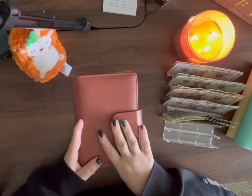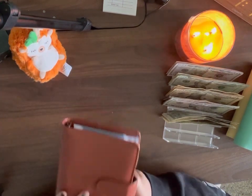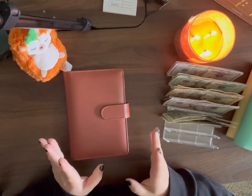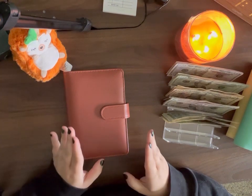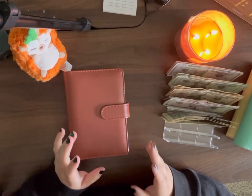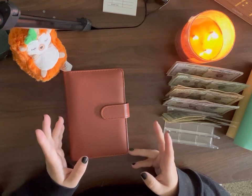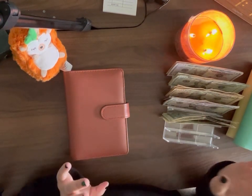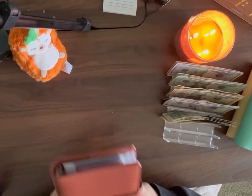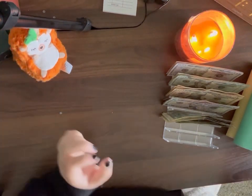So that is my revolving monthly binder. I'm excited. This is fun, cash stuffing. One of the main reasons why I wanted to cash stuff, besides building a stronger foundation, was I find savings incredibly boring, especially when you're saving in large quantities for such a long period of time. I think this cash stuffing gives me enough of a fun outlet to keep progressing on track. So that is the monthly revolving binder, and this is